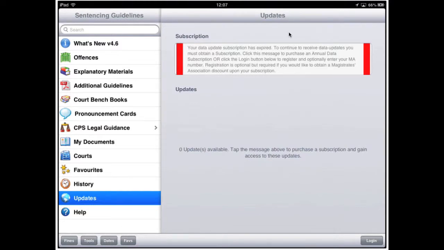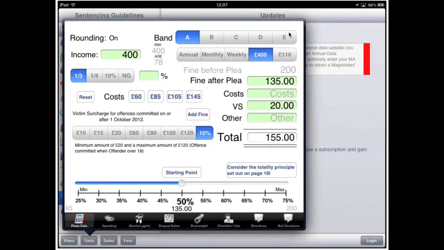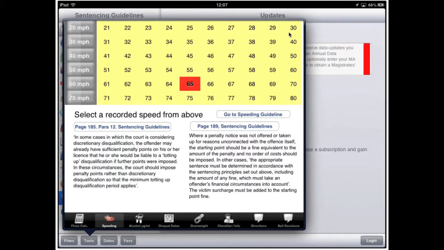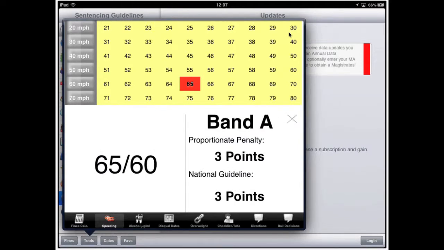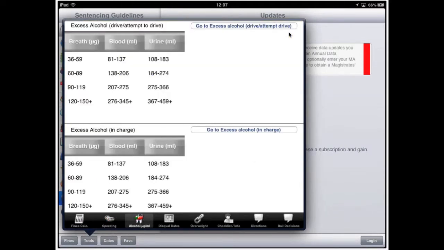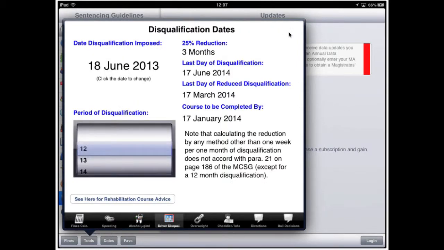And just moving into the bottom toolbar options, we have a set of comprehensive tools for managing the court with fines calculator, speeding grid, excess alcohol and excess alcohol in charge, disqualification dates for drink driver, disqualification with reduced disqualification for completion of course, overweight vehicles,